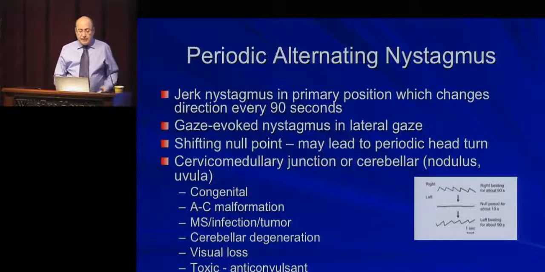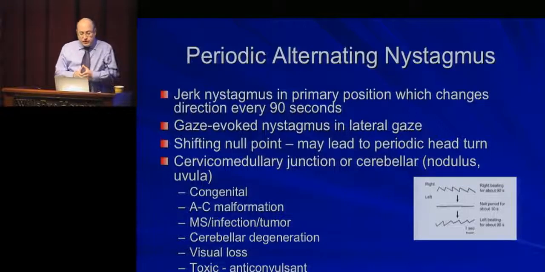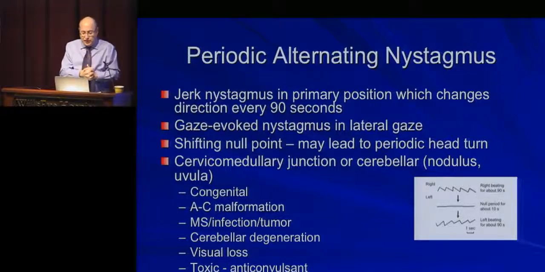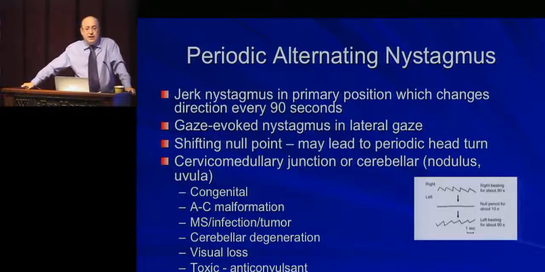Periodic alternating nystagmus is a jerk nystagmus in primary position that changes direction every 90 seconds. So it beats to the right, slows down, stops, beats to the left. In lateral gaze, it's always going gaze evoked. But in the center, it keeps changing direction. And it's because there's a shifting null point on each side of the center with a periodic brainstem-mediated periodicity. And this tells you there's a lesion either at the cervical medullary junction or in the cerebellum, often